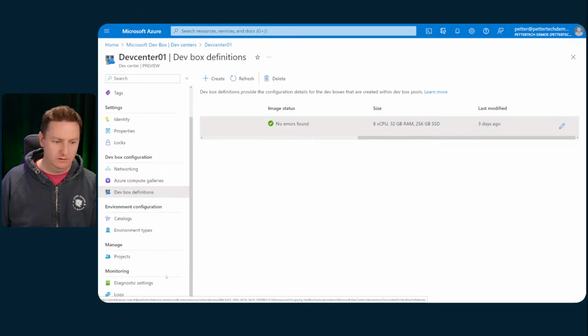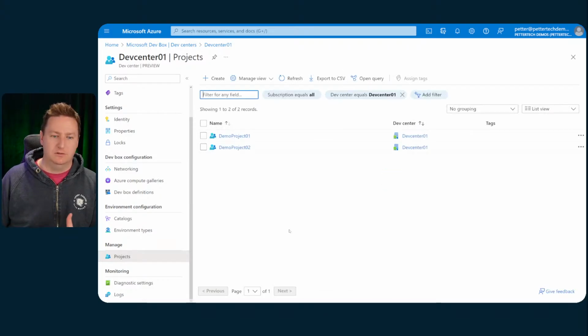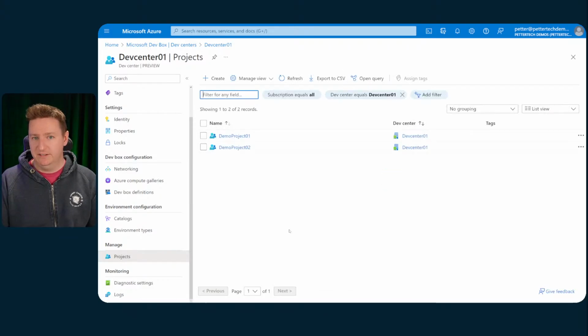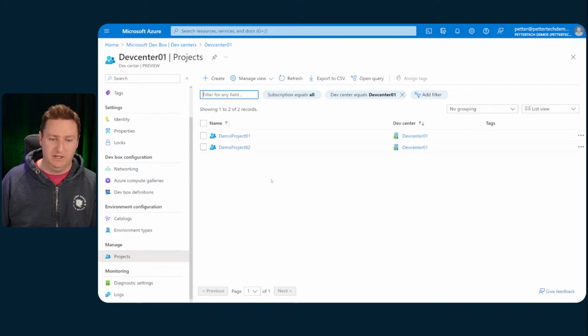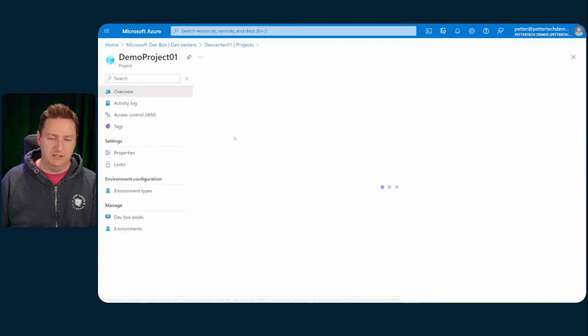We could move on down to projects at this point. Because remember, you have one or multiple dev centers which have one or multiple projects. In this dev center, the dev center 01, I have two projects. I have demo project 01 and demo project 02. So if we go into demo project 01,